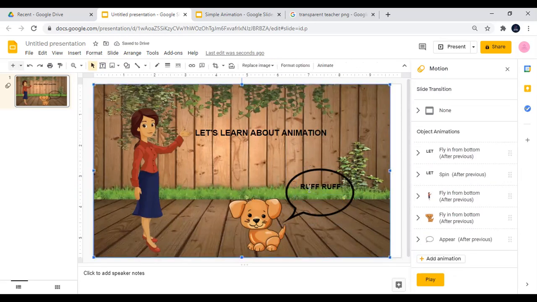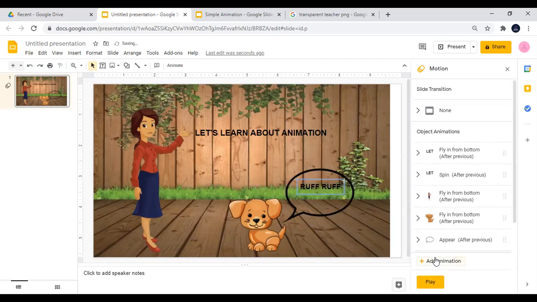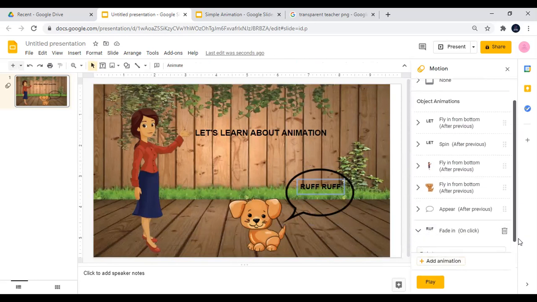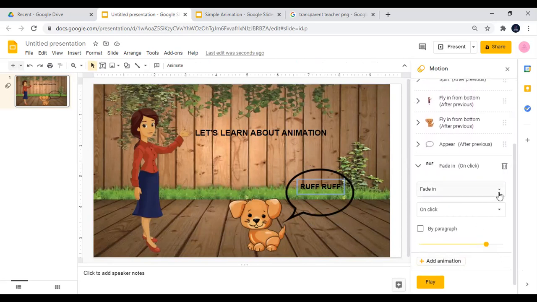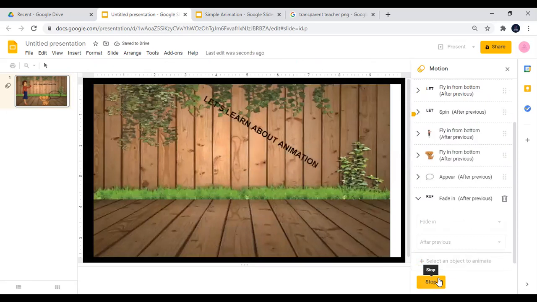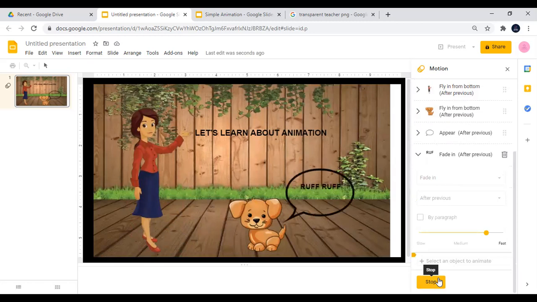Good. So now that I've done that, I'm going to highlight the word and then add animation. I would like the word to appear after previous. Or I can select fading. I think I'm just going to allow the words to fade in after previous, and let's see what that looks like. Good. So the next step now that I have the dog speaking,